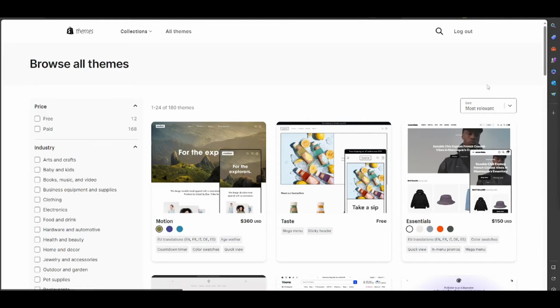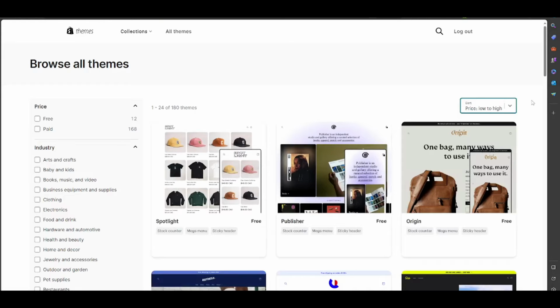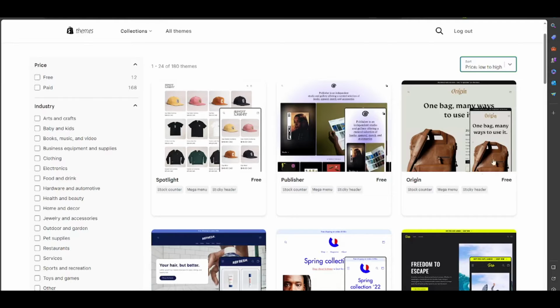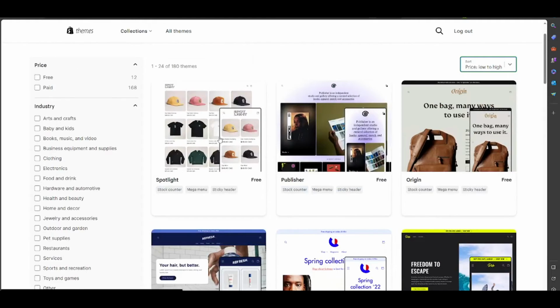And well, here we can sort by price low to high. Why do I do this? Because, for example, with low to high, the first ones are the free ones. For example, free. We can select, for example, Spotlight, because it's close, and we basically can modify this the easy way. Or, for example, Publisher. This works. For example, I select